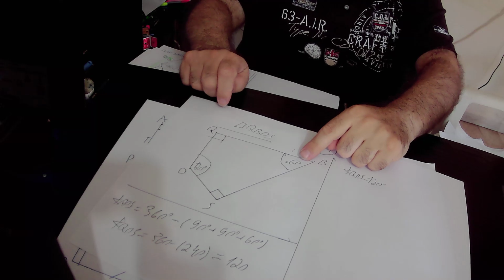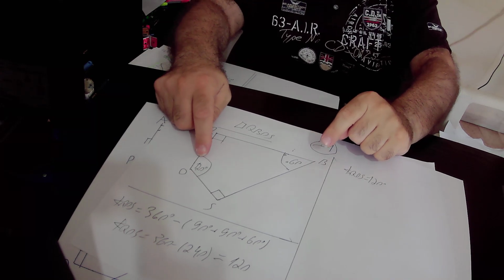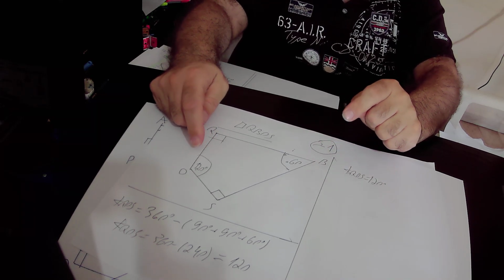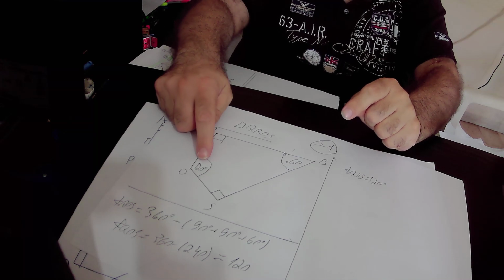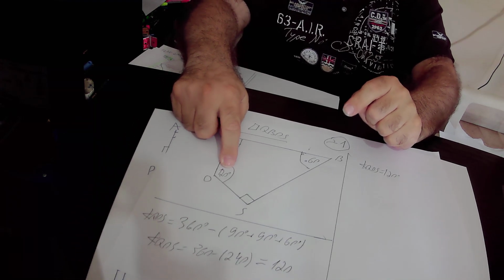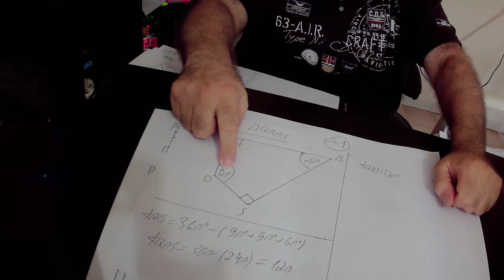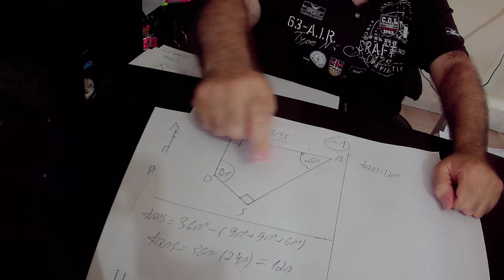This angle equals 60 degrees, and angle QOS is the missing angle. What is the size of this angle? The size of this angle must be equal to 360 degrees